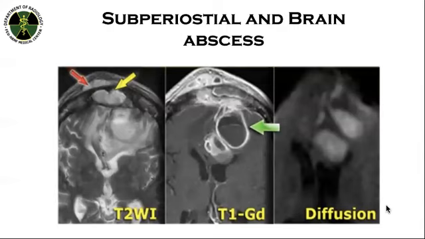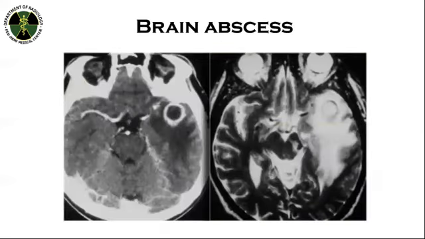So this is an example of your subperiosteal and brain abscess. So this is your T1 post-contrast and then diffusion. So if you can see in post-contrast study, there is peripheral or rim enhancement of this area, of the mass in this area. Also in here, there is peripheral enhancement in post-contrast study suggestive of an abscess in your T1 post-contrast study. So again, brain abscess, this is an axial CT scan and MRI axial view also, showing you